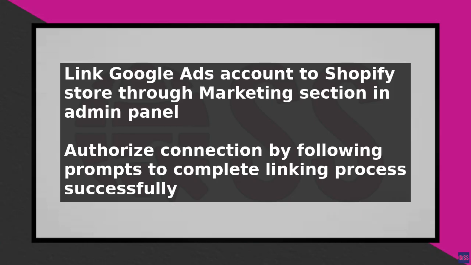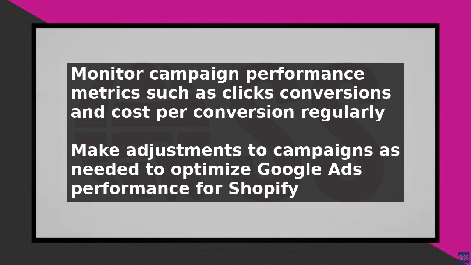Finally, you need to monitor and optimize your Google Ads campaigns. To do this, go to the Campaigns tab in your Google Ads account and click on the campaign you want to monitor. Look at the performance metrics, such as clicks, conversions, and cost per conversion, and make adjustments to your campaigns as needed. You can also use the Google Ads dashboard in your Shopify admin panel to monitor your campaigns